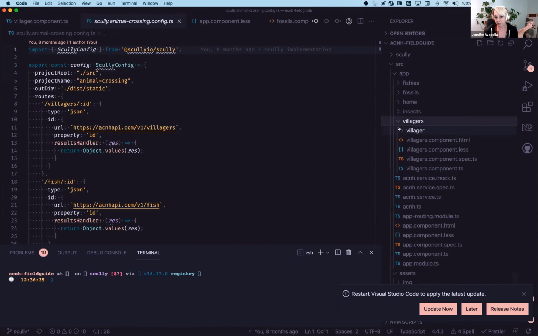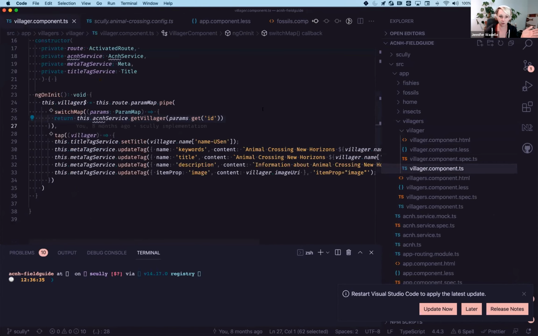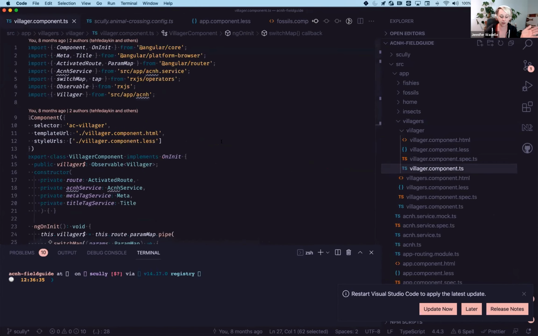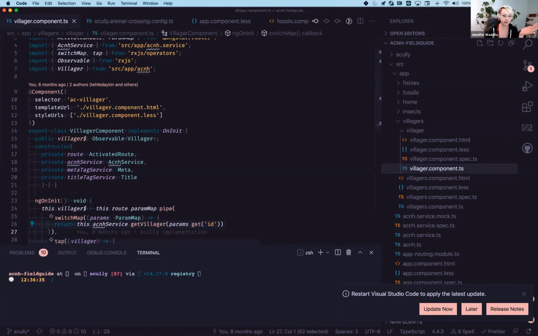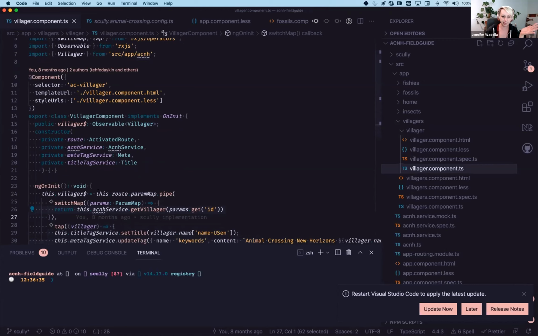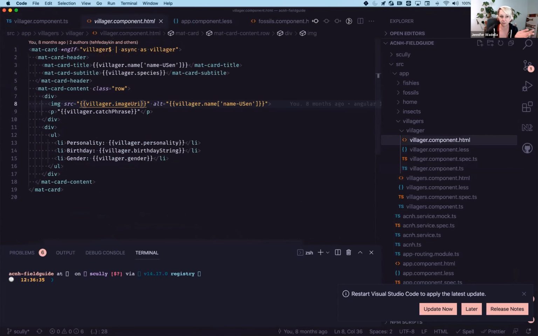Let's look at our villager component. This is what we get when we navigate to villager/1, for instance. In our onInit lifecycle hook, I am making a call. I'm getting the route param, and then I am passing that to a service, which is making a call to the API to get the villager with that particular ID. Inside of my component, that's an observable.